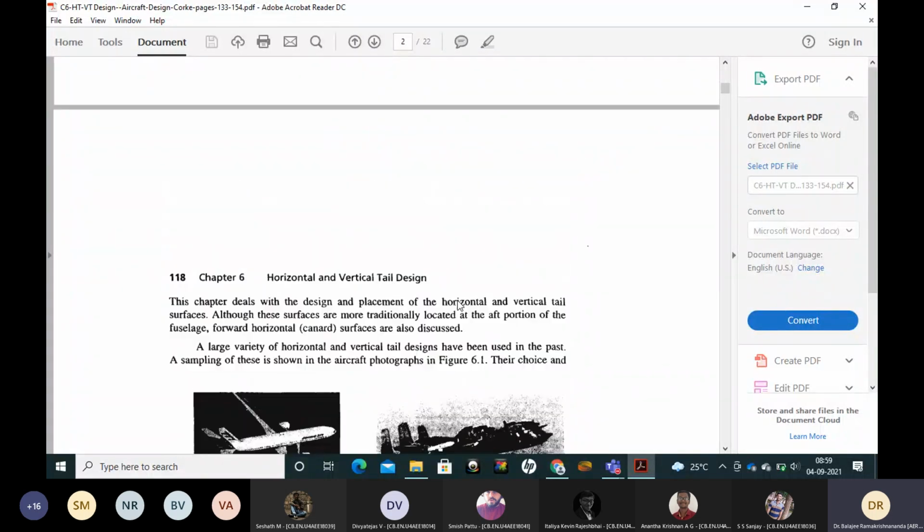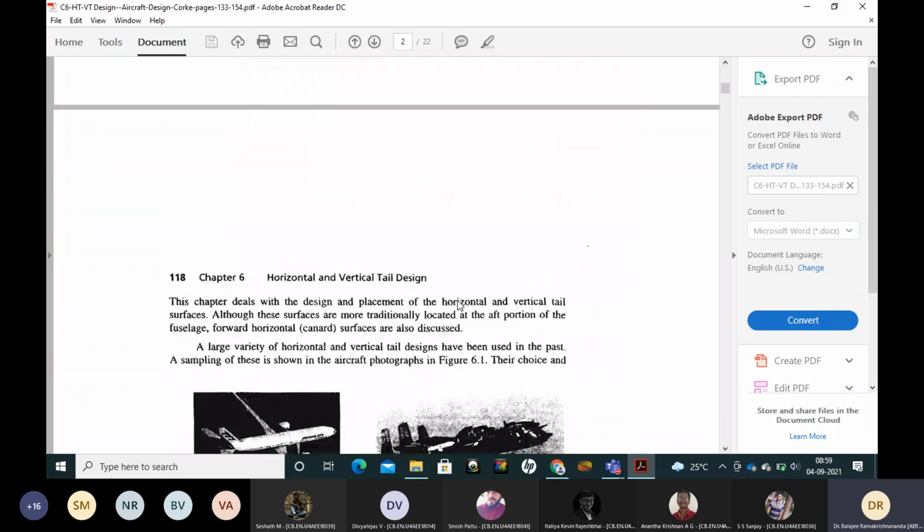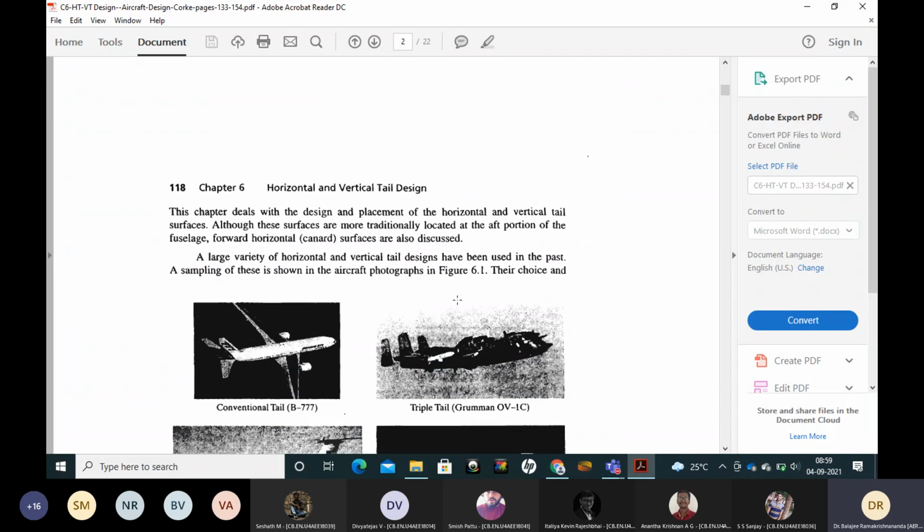I suggest you go through all this first section. It contains a lot of interesting information about each type of tail, which will aid you in choosing the type of tail for your aircraft. You should know all the tail types and their advantages and disadvantages, because I'll be asking you in the viva, not only because of that, but because you are going to be aeronautical engineers in a matter of less than 1 year.